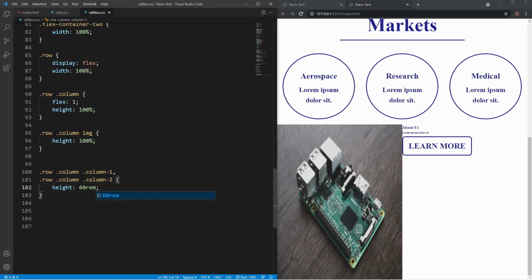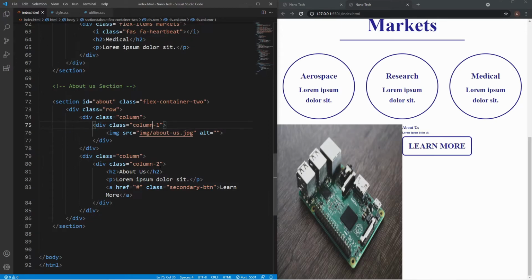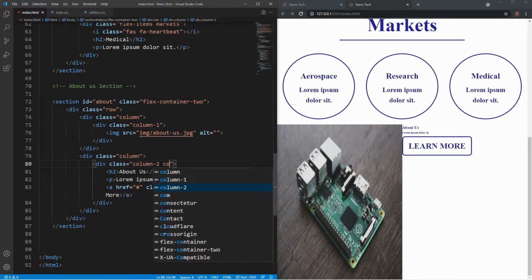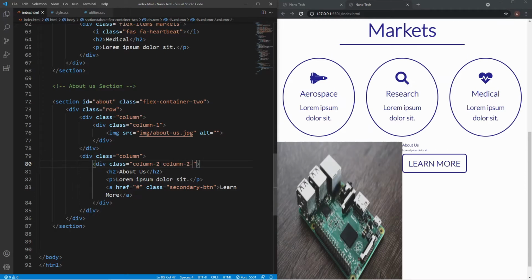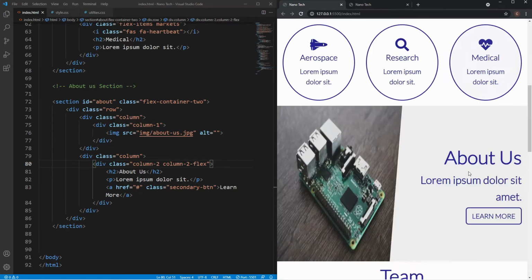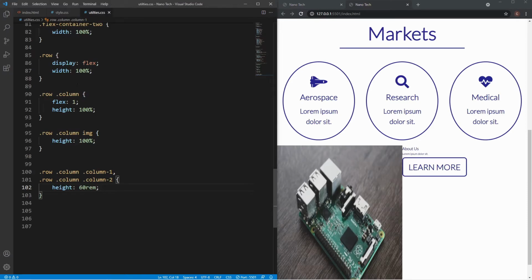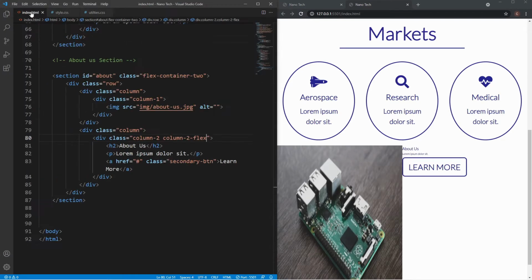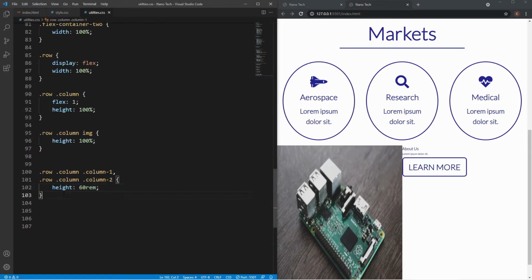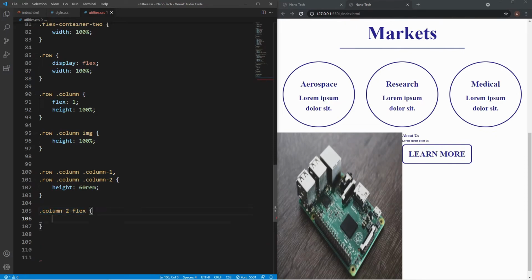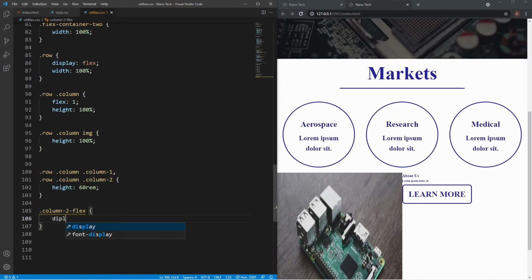And then the next thing we need to do is, I'm going to give this a class of column to flex, so we can put the items to the center right, which you can see here. So to do that, we'll grab that utilities class, and then we'll go underneath this bit here, and we'll just say display flex,